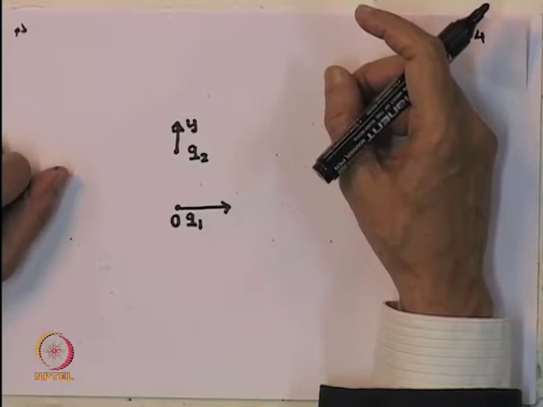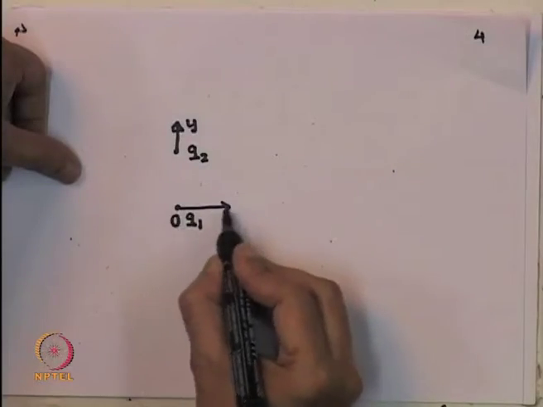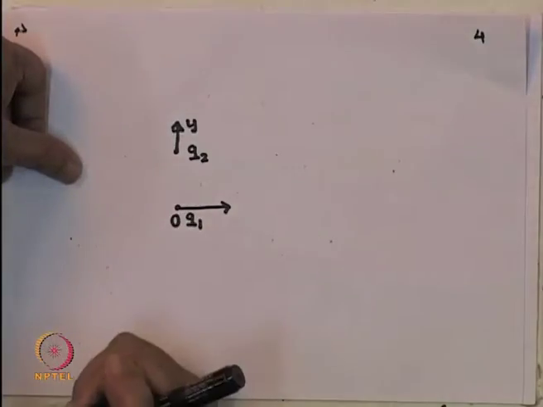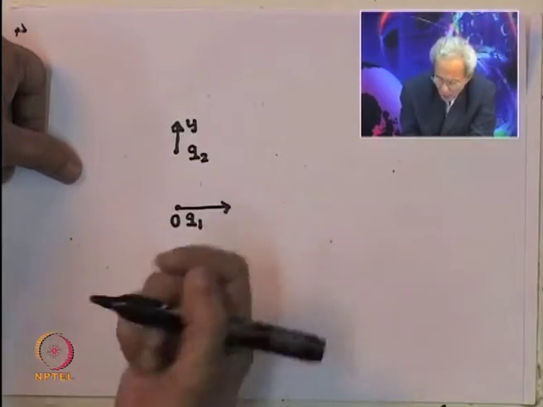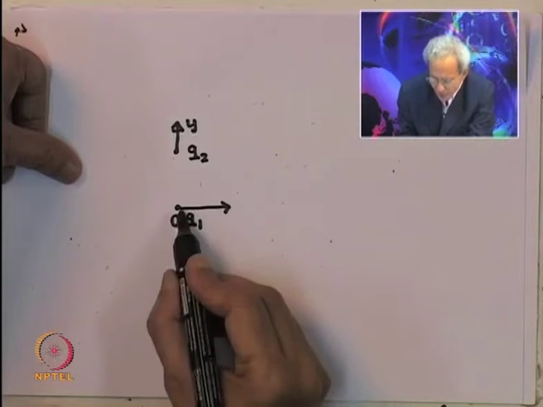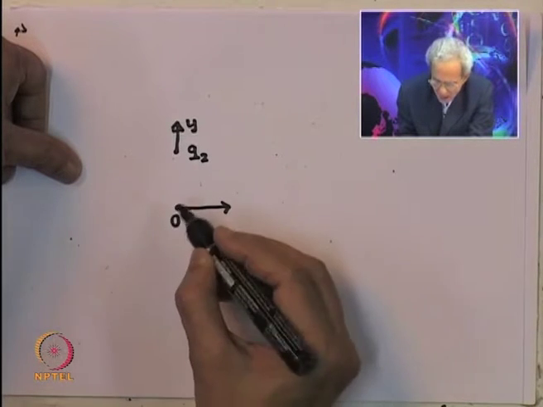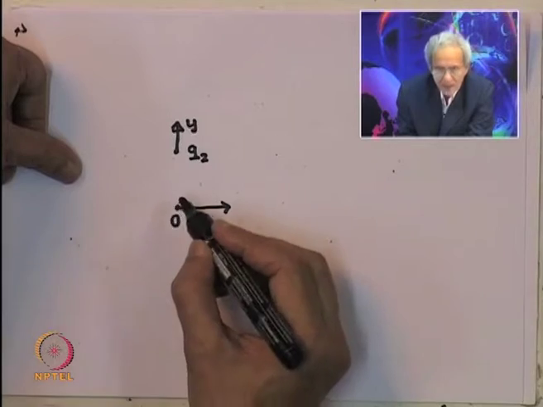But let us look at what happens in the magnetic case. Now, these are electric charges which are moving. So, moving charges have the same effect as a current. Here I have a current which is flowing along the x direction, and this is the y direction. Therefore, if you look at this current, it gives rise to a magnetic field in the z direction.